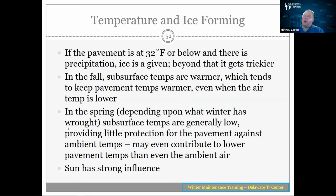So again, this is that fall and spring thing, right? Where again, we want the specific information about a given storm and the pavement conditions and that type of thing. But we really want in the back of our head for sure this idea of just common sense, what's going to be at play. So in addition to that mid-December versus late February storm scenario with the same kind of storm, think also about, well, it's going to be very cold, the pavements are cold, et cetera, but